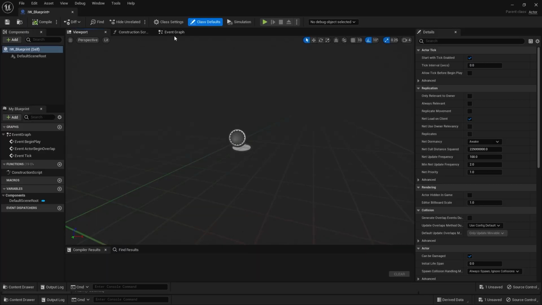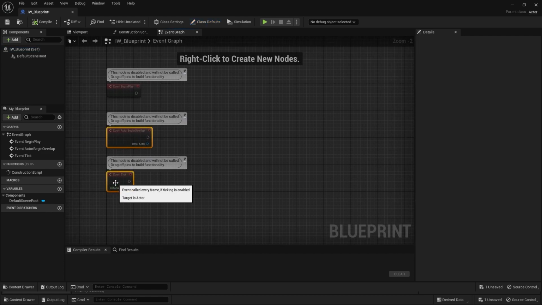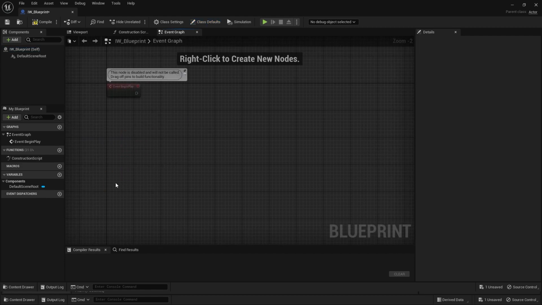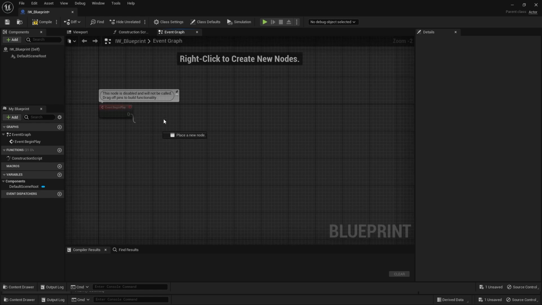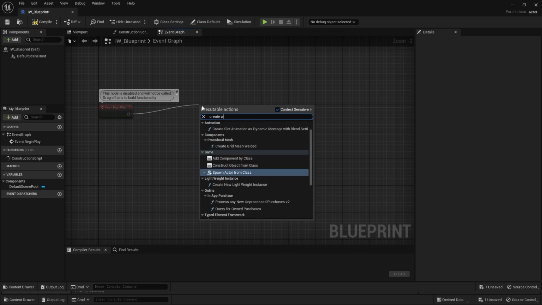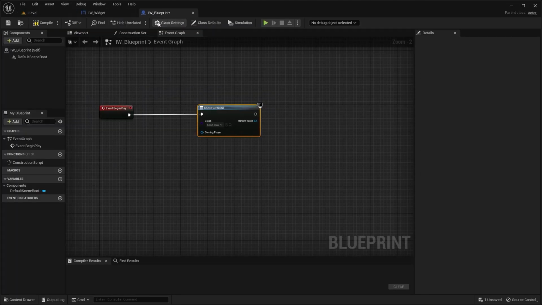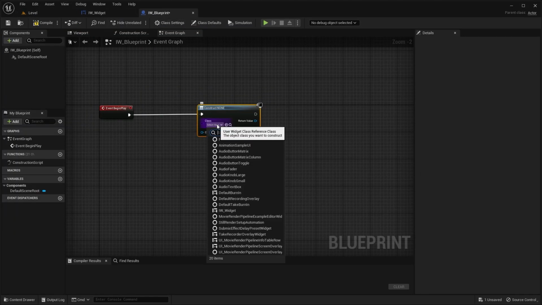I'll go into the event graph. I'll delete these two nodes and I'll connect this node with the create widget node. Let's dock this window in here, and under this drop down menu I'll select this interactive walkthrough widget,